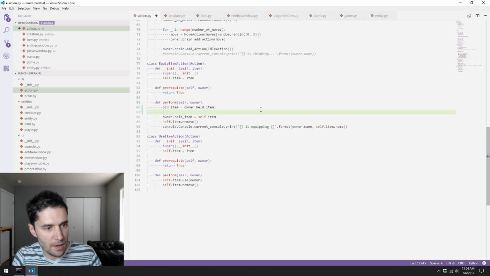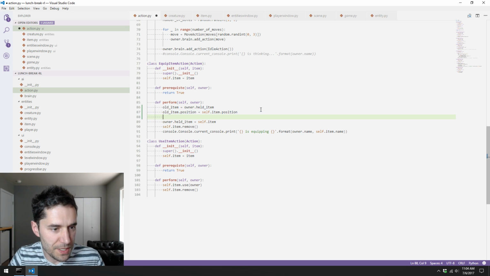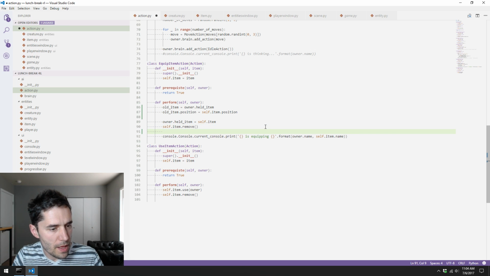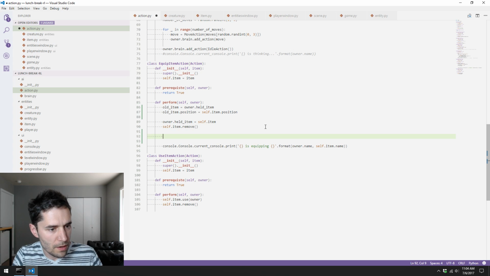Here also we could say old_item.position equals self.item.position. Basically, I want to put this on the ground. So this is removing it from the ground, and then if old_item